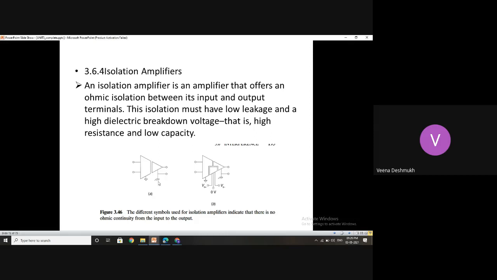Two grounds are separate, and the inductor and resistors are connected separately. So one can come here, the other one can come here. Whatever reference voltage exists between them can be taken care of in the final unit. So basically, isolation amplifiers totally isolate two blocks or two units of the same circuit.